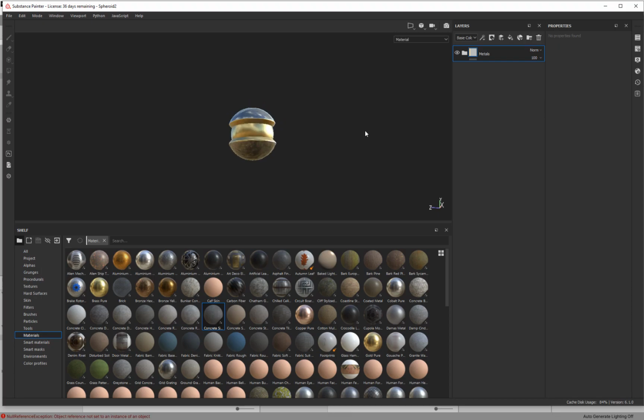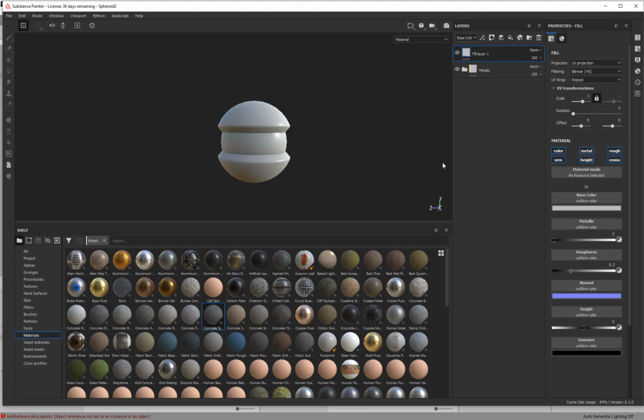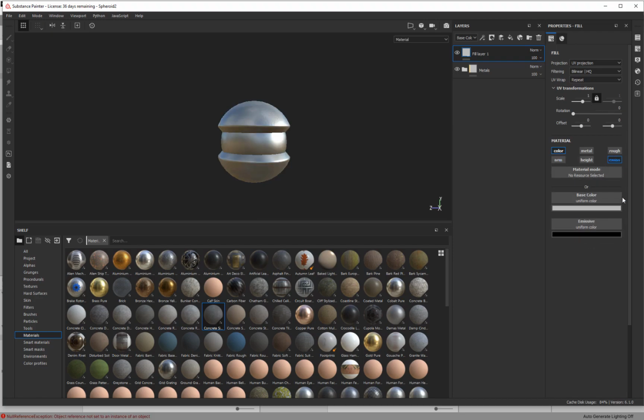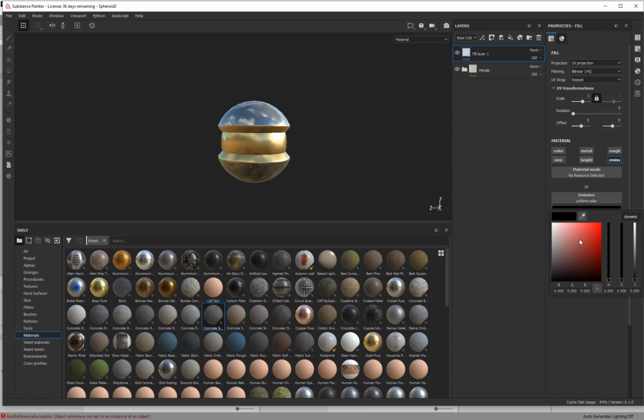Now we're going to work on our emission layer. So, emissive is easy to do. What I usually do is just do a fill. Alright, and then I say fill. I'm going to go ahead and pick a color. I'm going to do only emissive at this point, like this. And then I'm going to say no color. I'm just going to take this emissive color and go to white, or whatever color I want. At this point, we'll